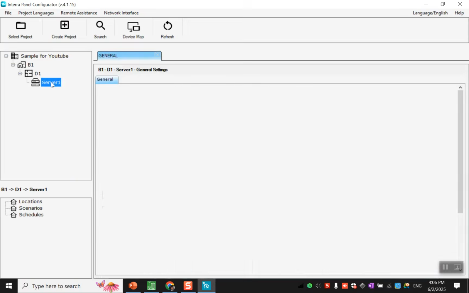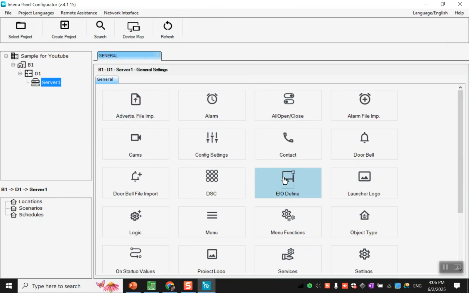right click on server and click on general setting. This is a general setting. Here it's important for setting the IP of the touch panel. Of course you should set the IP of the touch panel by default. On the touch panel, go inside, use the password 1234 or 0000. Try both of them, and when you go to the configuration you should set the IP,